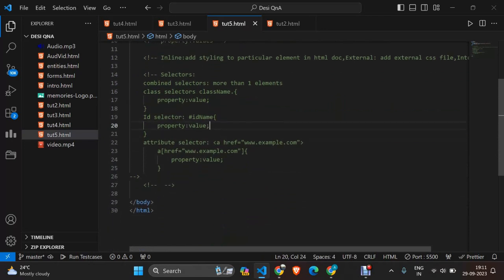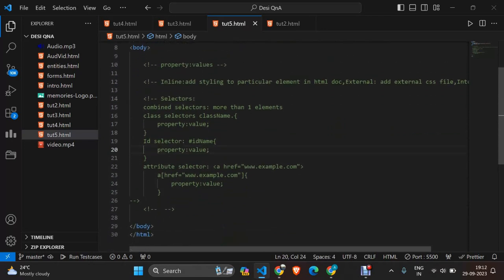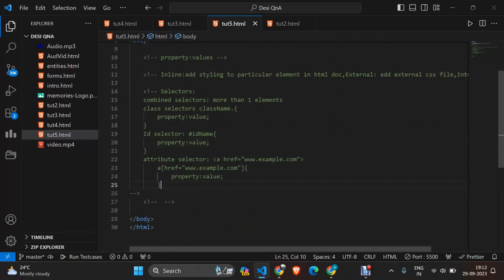So these are the different types of selectors we use. This is not the end. We still have a lot of selectors. We basically use these class selectors and ID selectors more usually. And the next thing we have is